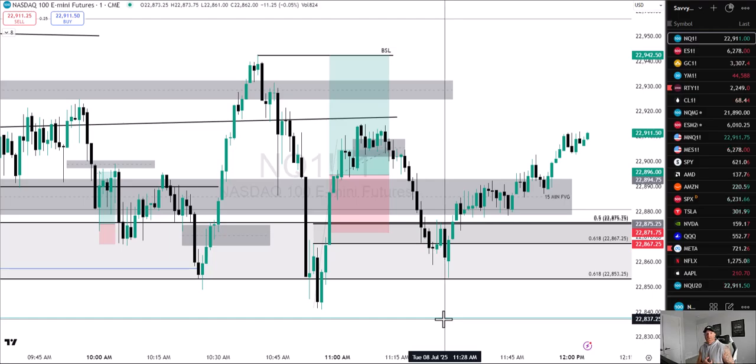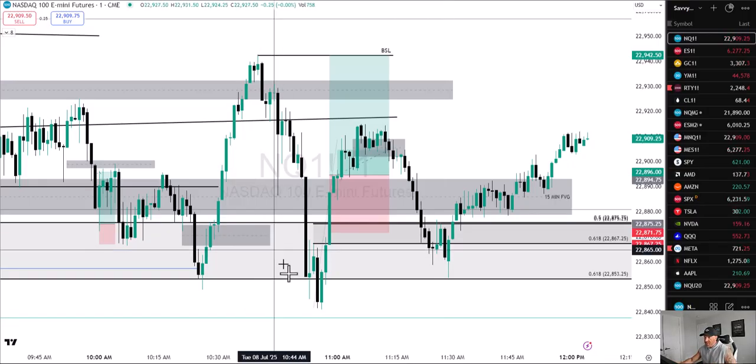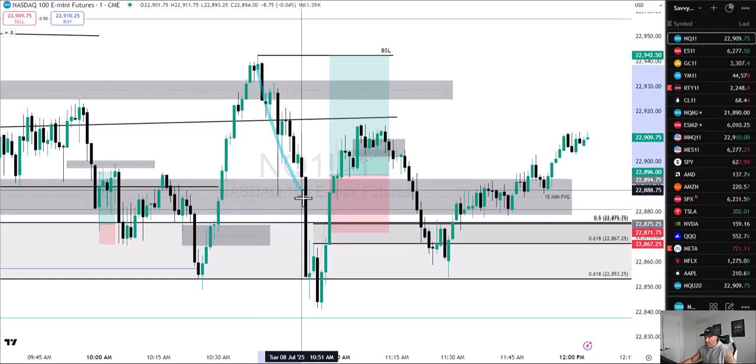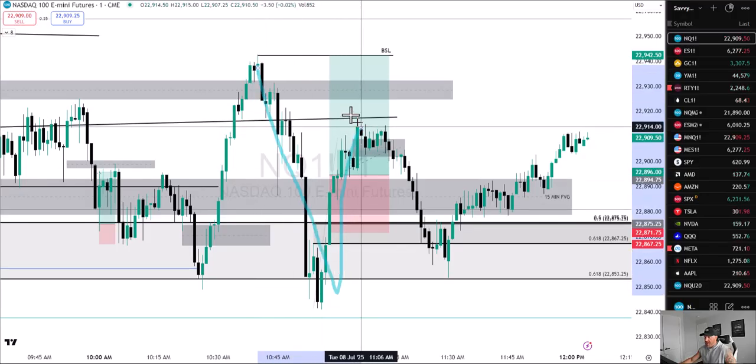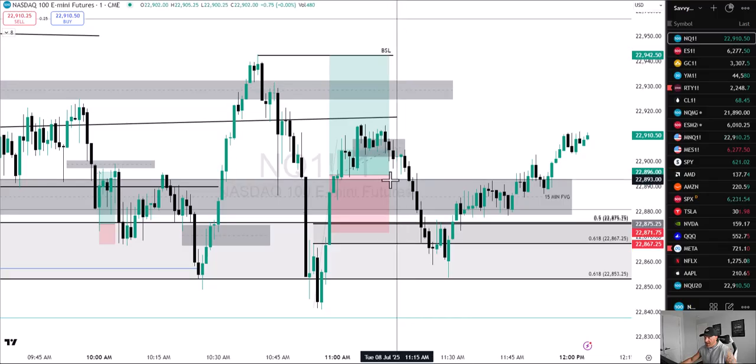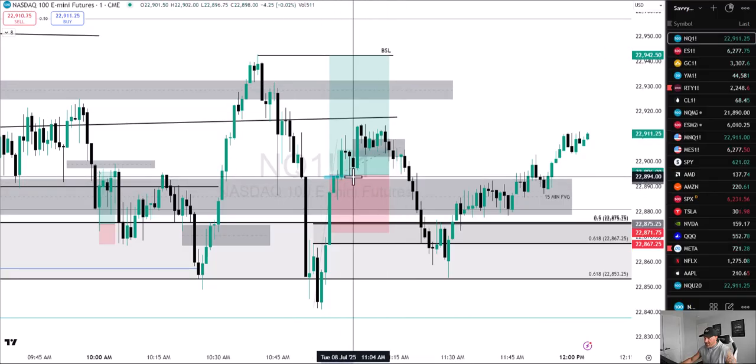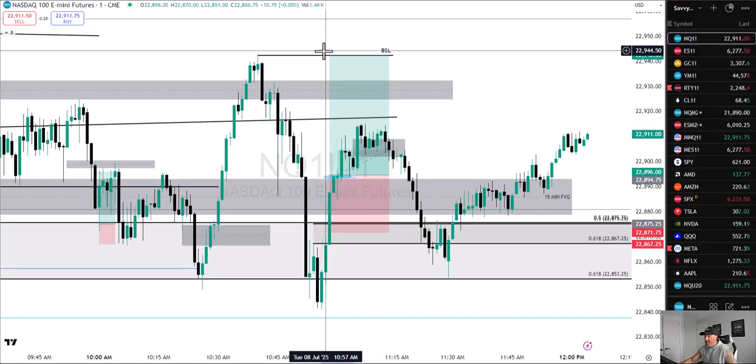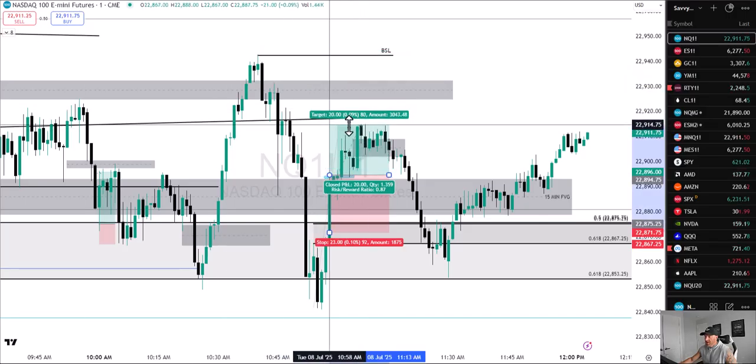Has external range liquidity been taken? Yes. We've taken liquidity on ES and on NQ. But the main external range was the Asia low on ES. So I like to see these sharp V moves, right? We come down and then push right back up. So I was waiting patiently. As soon as we closed above this, boom, I got in. Now, I was going to stay in the trade until we got full target, but I scaled out at the top.